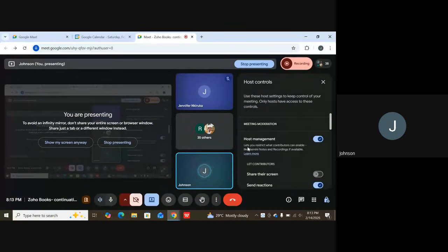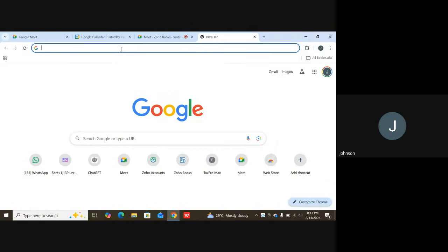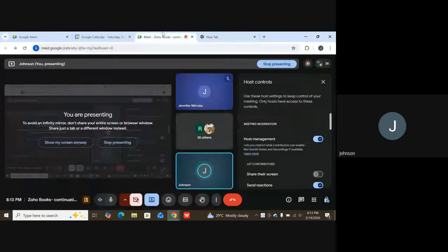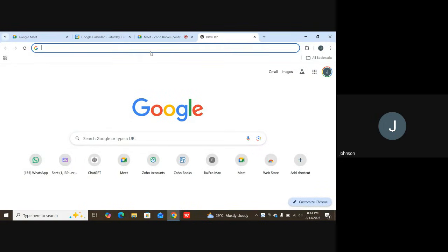Let's just, yeah, so the class is recording now. So what we need to do is we need to come to our Chrome as we normally do. Then when we come to our Chrome, we want to type Zoho